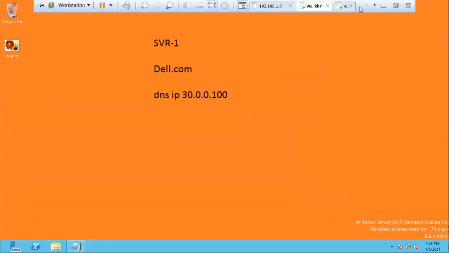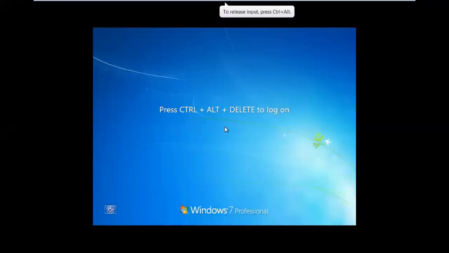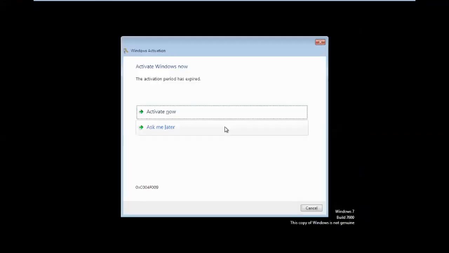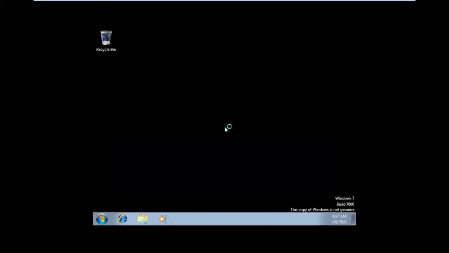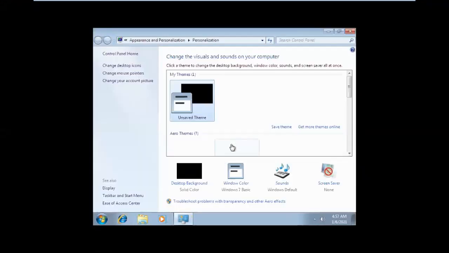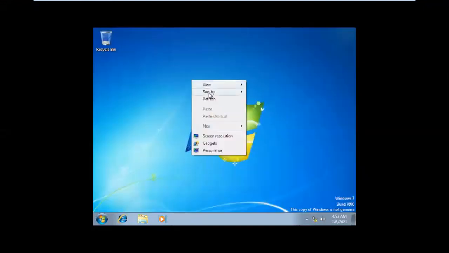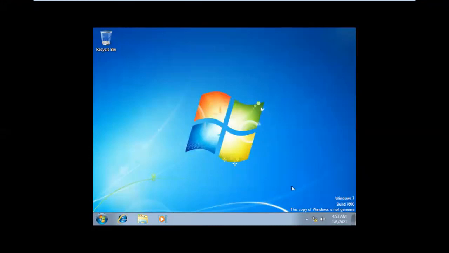Now go and check, verify on the client system. Now I'm going to log in with the Muhammad user. Open my computer.